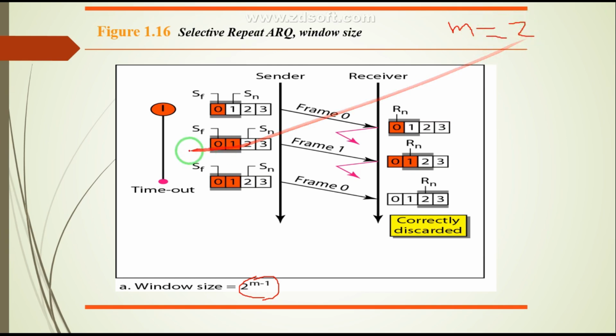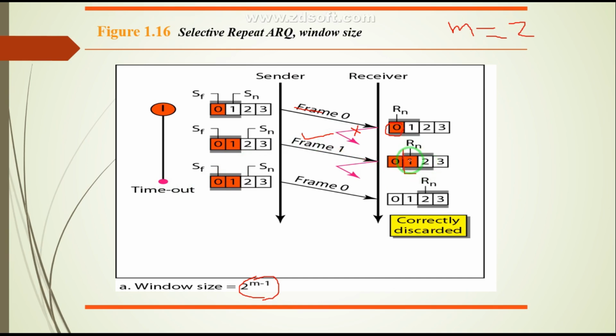So the size of the window is 2. You can observe the timer starts, frame 0 has been sent, Rn is 0. As soon as frame 0 is received, the receive window is going to shift by one slot and it is going to send the acknowledgement that I received frame 0 and send frame 1, but unfortunately this acknowledgement gets lost. But as the event was already triggered and the timeout period has not happened, it sends frame 1.